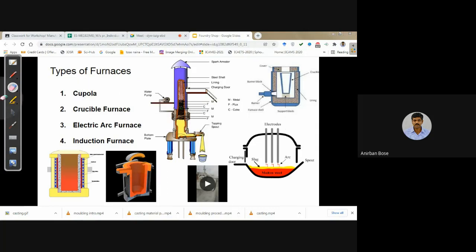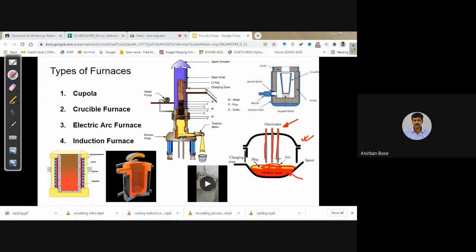Now coming to the electric arc furnace. This is the picture of the electric arc furnace, where you can see the charge material is kept here, and these are the electrodes. You need an electrical energy source, so high voltage is created between these electrodes and the charge material.